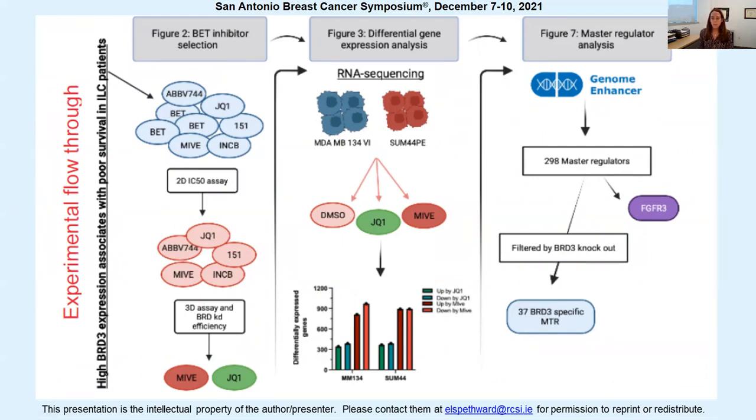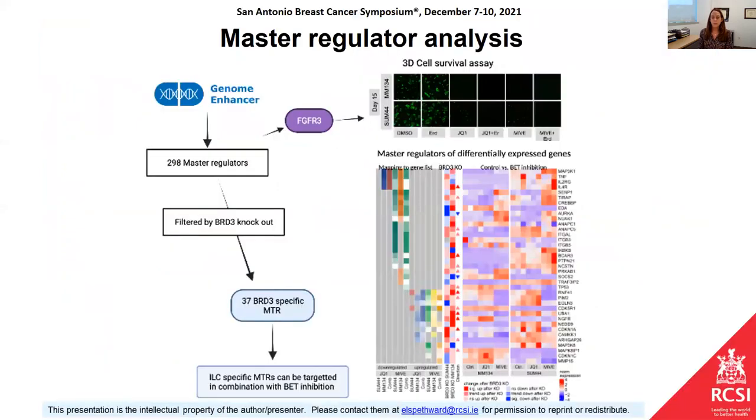They then filtered the MR lists through their BRD3 knockout data, which yielded 37 MRs affected by BRD3 expression. The authors looked at expression of the 37 MRs in both cell lines by each of the 2 treatment drugs, their expression in the BRD3 knockout condition, and the direction of the expression, up or down.